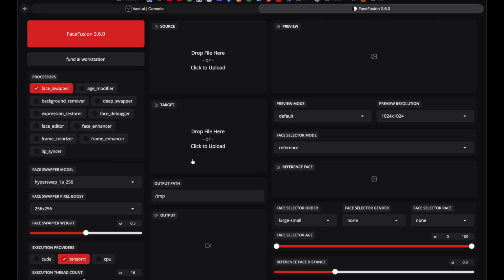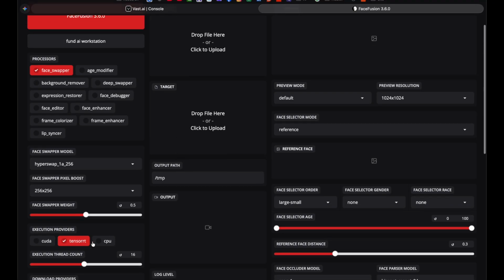One thing to keep in mind that I would just warn you about is when you do use TensorRT, the first time you use it, it's going to take a little while to run. Give it anywhere from 5 to 10 minutes to start running using TensorRT, and any runs you run after that will go faster right from the beginning, and you won't regret using TensorRT. If you don't want to wait for your first one too long, you can use CUDA, but I highly recommend